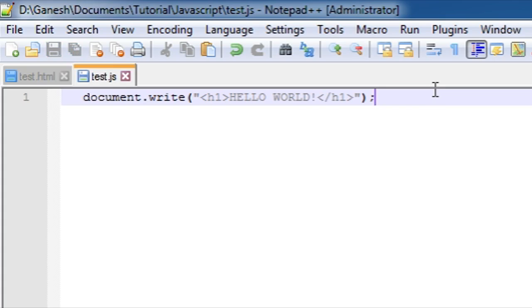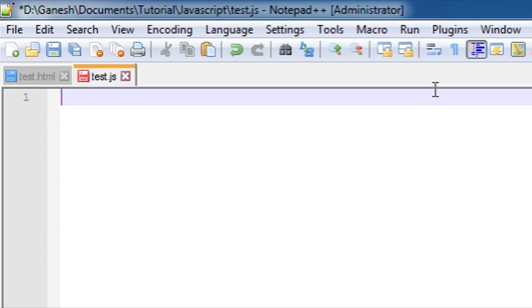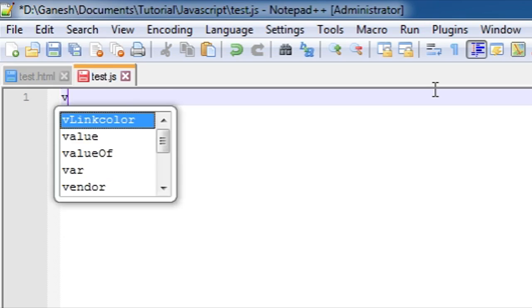Variables, what is a variable? Variables are containers for storing data values. The value of a variable can change throughout the program. As in C programming, C++ programming, Java programming, Python programming, Lua programming, and many other programming languages, we can create variables in JavaScript. So let's create a variable in JavaScript. Okay, and now let's create a variable. For creating a variable, we need to write here